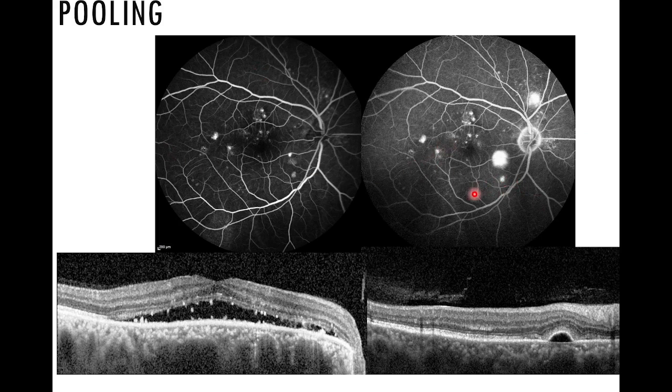This is a picture of a patient with central serous chorioretinopathy. This picture is in the late venous phase. See, there is no laminar flow. All the vessels are filled with the fluorescent dye. But there is no staining of the disc. But here there is staining of the disc. So this is in the late recirculation phase.